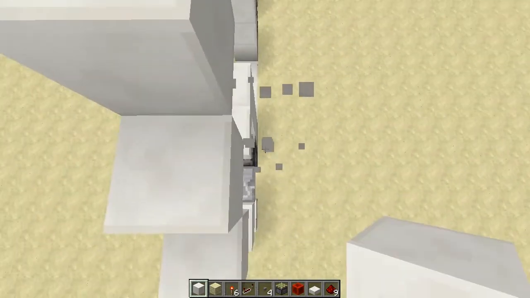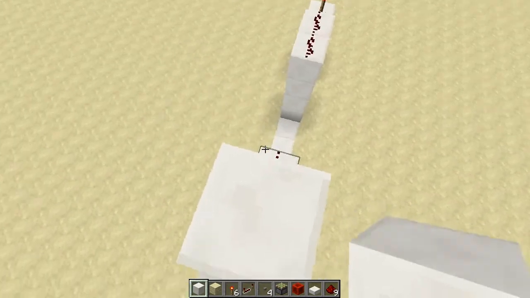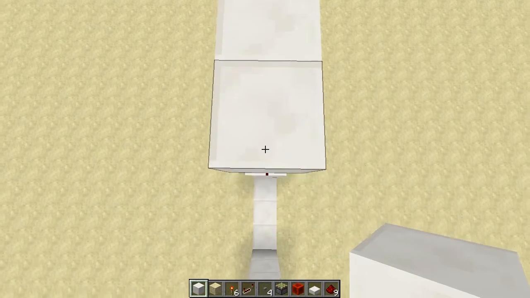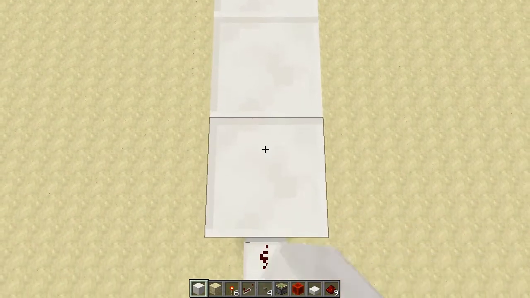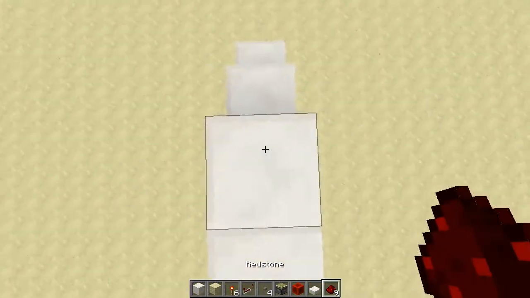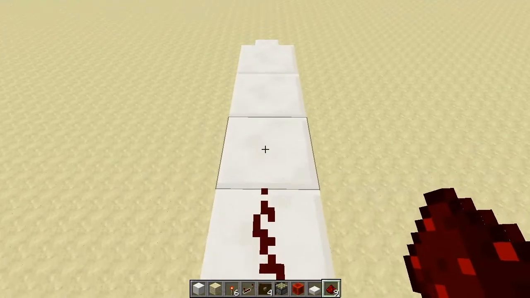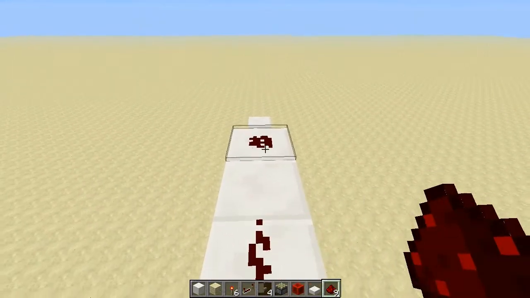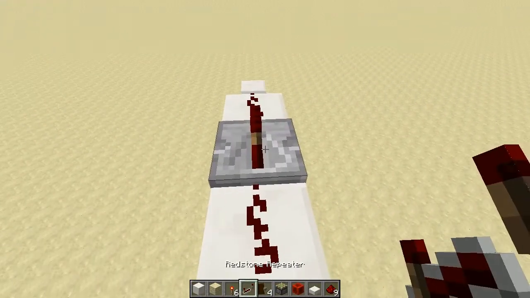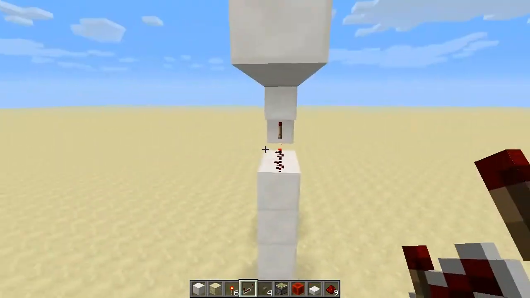You can knock this block out if you wish, it doesn't really matter. And then from this block count another 1, 2, 3, and then run redstone from here, here, here, and then skip a block and redstone on the last block and a repeater to join the two. We can then come along and jump down here,